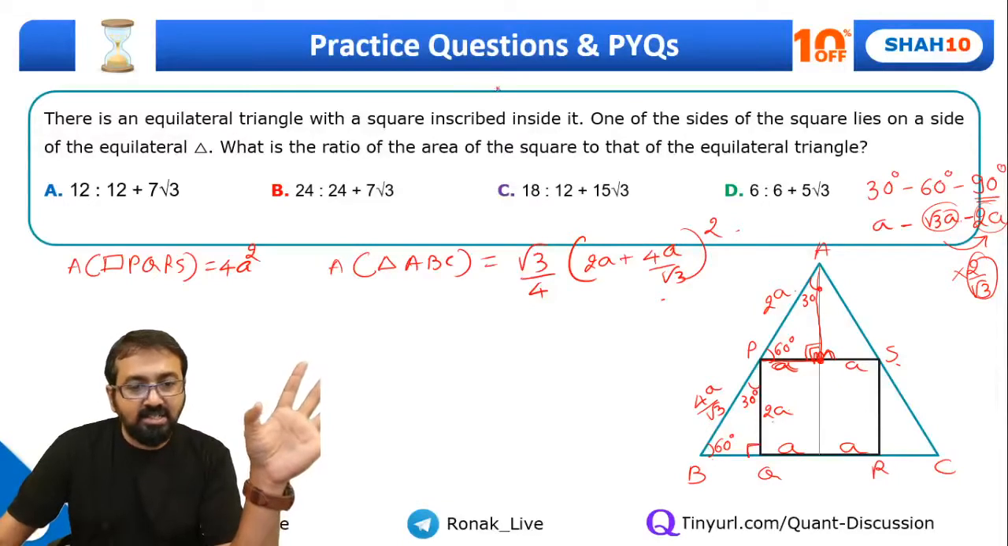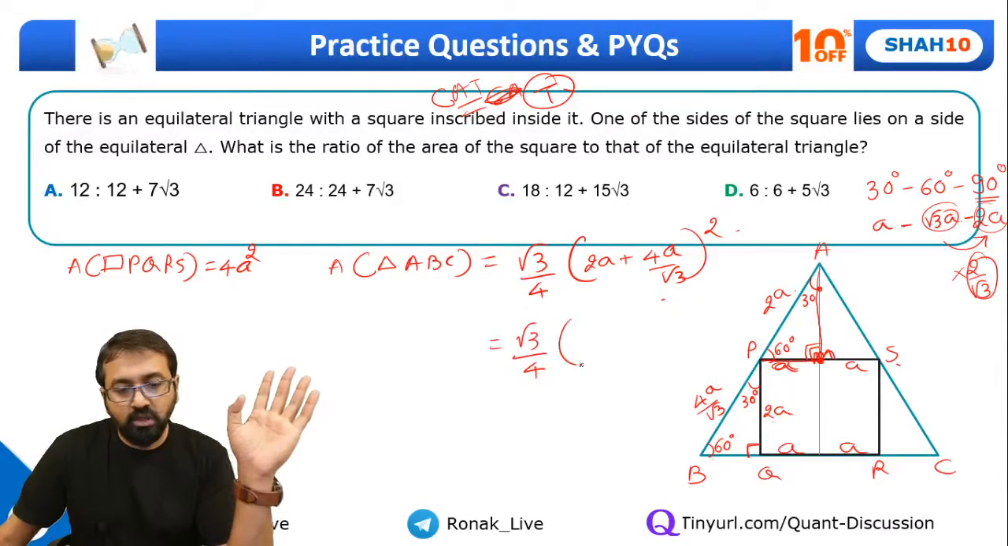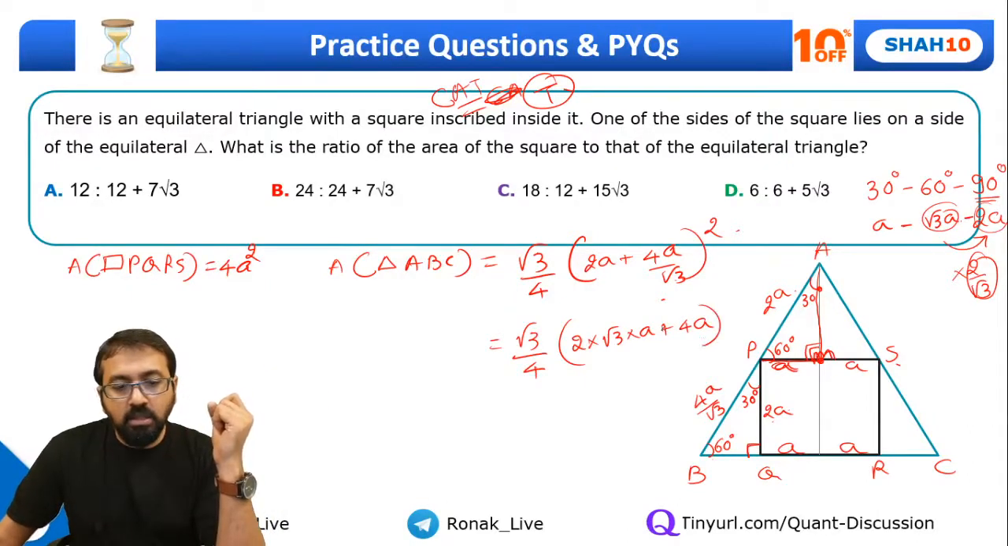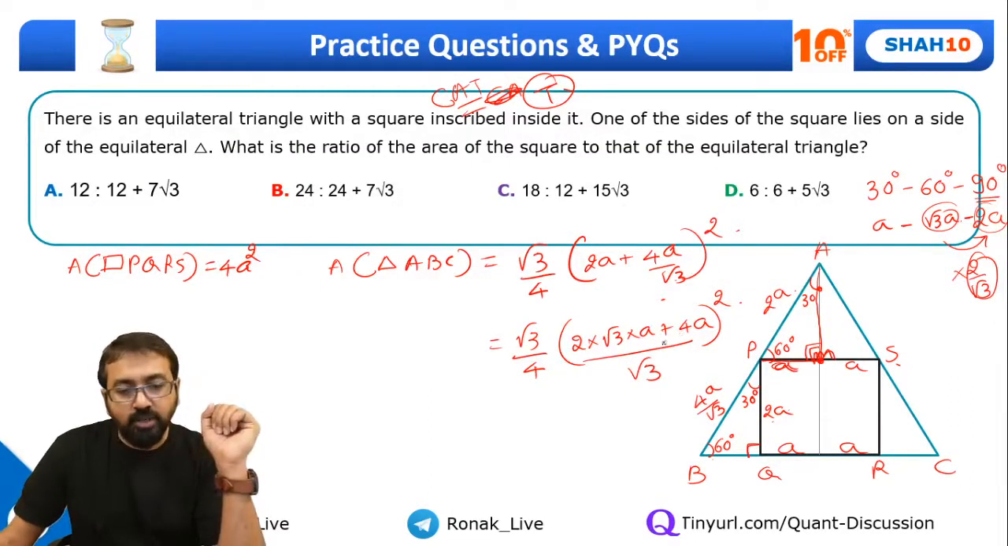And guys, this is considered a tough question as far as CAT is concerned. This is a CAT tough question, by the way. So let's simplify this part, and pay your attention here. So this will be root 3 by 4 into, now this root 3 will be multiplied over here, so you will get 2 into root 3 into A plus 4A, divide by root 3 whole square, right? Now instead of expanding this one, what I can do is take out A as a common factor